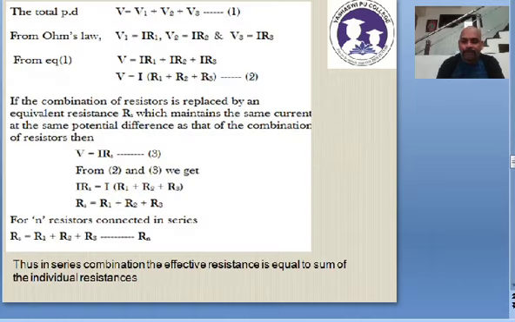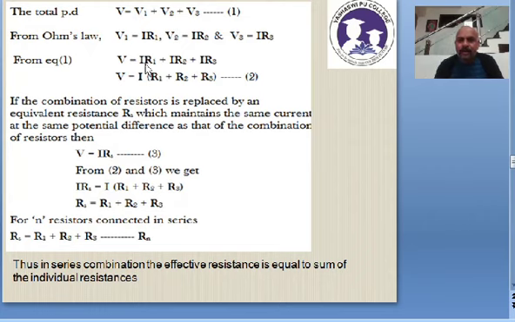So that is one thing. Secondly, now we'll move on. As I told you, this is the important second condition. V is equal to V1 plus V2 plus V3. That is the important condition for the resistors to be in series. V, the total potential drop, should be equal to the sum of the potential drops across the individual resistors. And from Ohm's law, V1 is equal to IR1, V2 is equal to IR2, V3 is equal to IR3. Here I is same through all the resistors, therefore I have not taken I1, I2 or I3. So I and I, because the current is same through all the resistors.